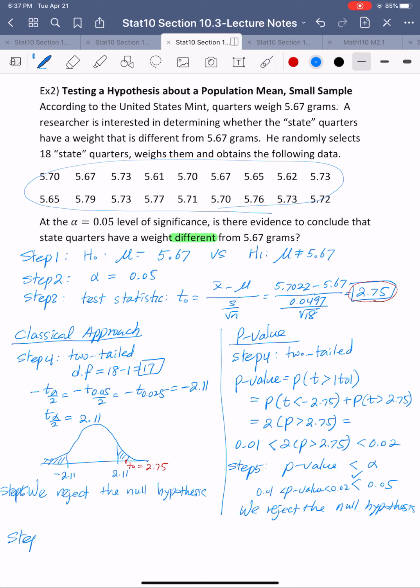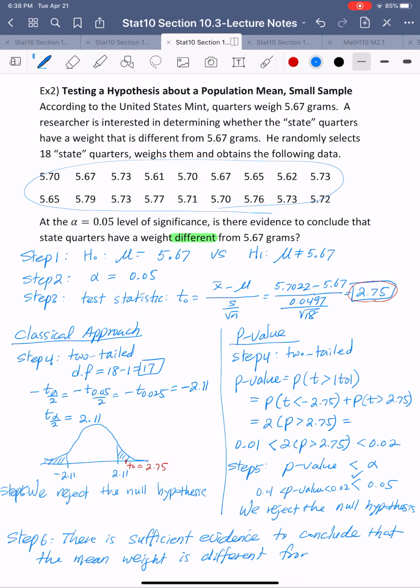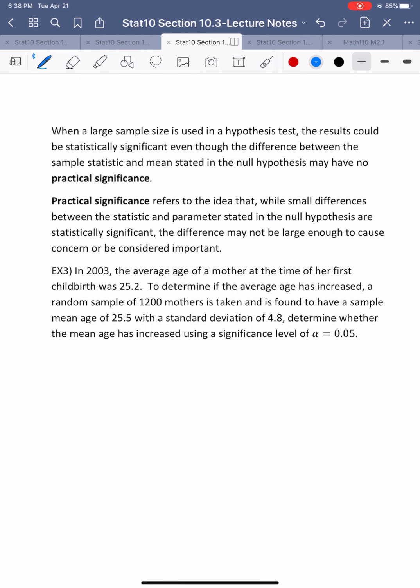So step 6, we can just state that there is sufficient evidence to conclude that the mean weight is different from 5.67. Okay, all right. Okay, that's for the small samples. All right, what if we have the